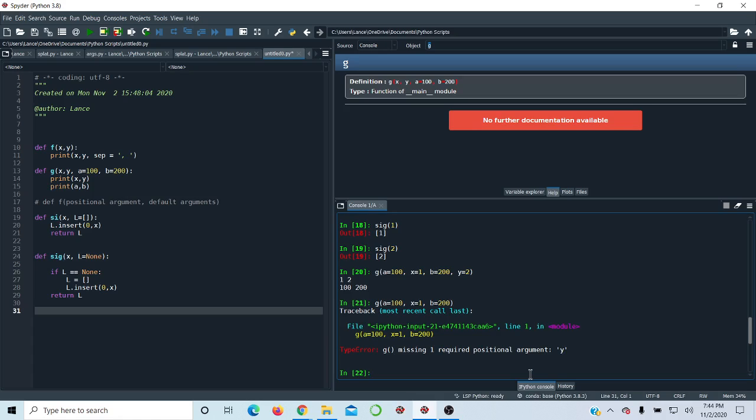Okay, well, there's another problem that adds a step of complication to this, which is an arbitrary number of arguments. You don't know ahead of time how many arguments there are going to be. So, for example,